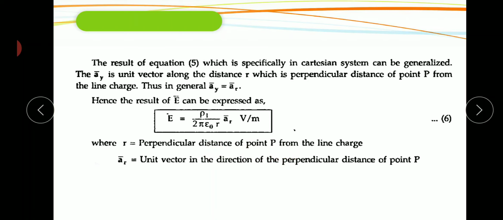So this is the expression for electric field intensity due to a line charge, that means an infinite line charge, or it may also be applicable for a finite line charge, by applying limits. For a finite line charge, which has limit values, we apply those limit values to the electric field intensity formula and get the expression for electric field intensity for a finite line charge also. Thank you.